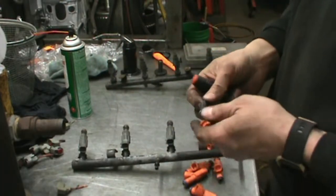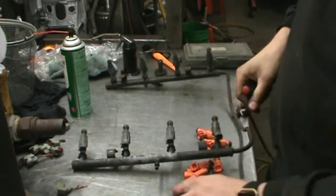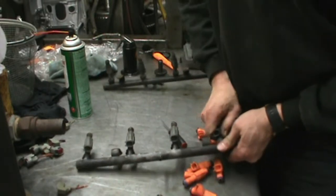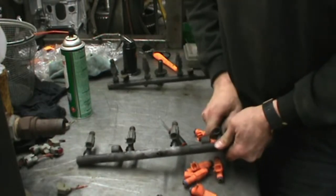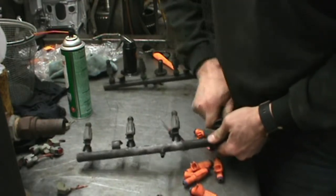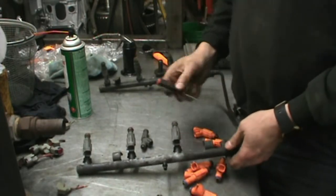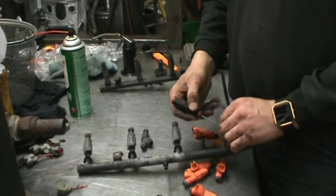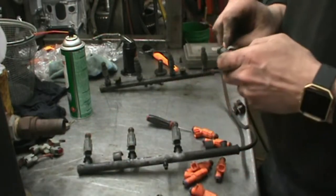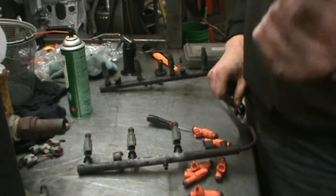Take the new injector, snap them on. Wiggle it just a little bit. A little wiggle, jiggle, and pull, and it's out. Make sure you pull the O-ring out. Take the one that we just had,